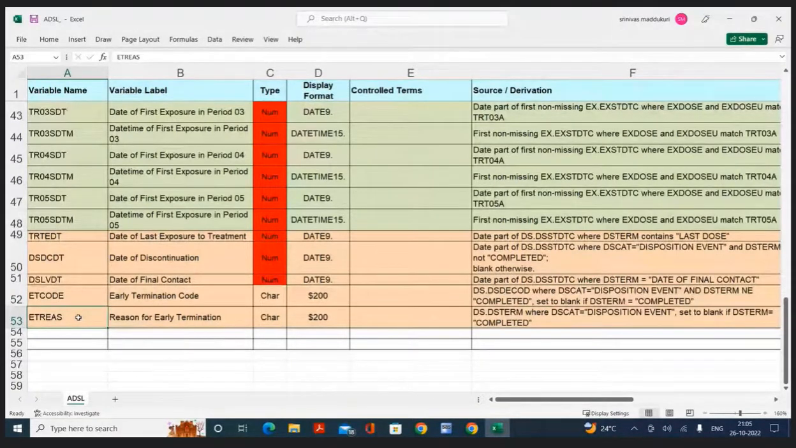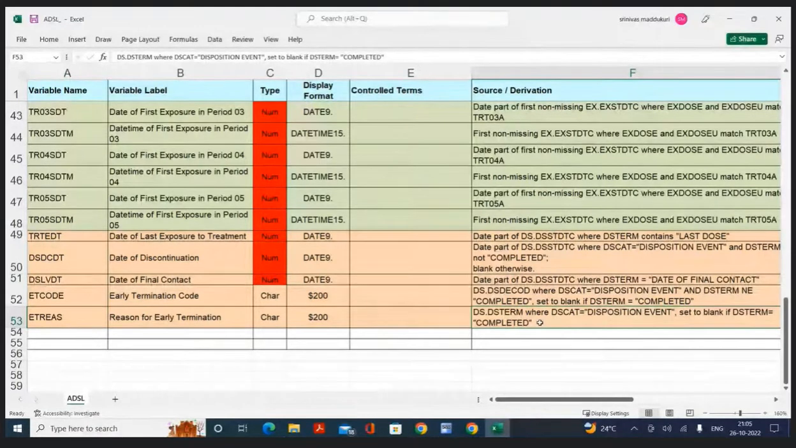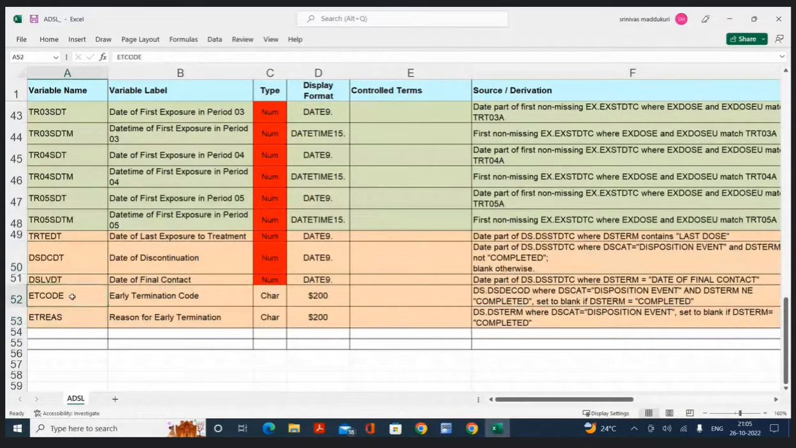Reason. DS term. Logic is same, but this time, what variable value should we have in the ET reason? DS term. Yes, DS term should have. Very good. Now for the DSDCDT, for early termination code, for reason for early termination,